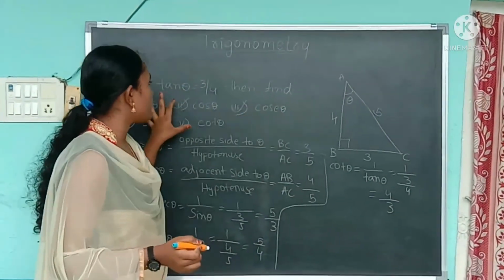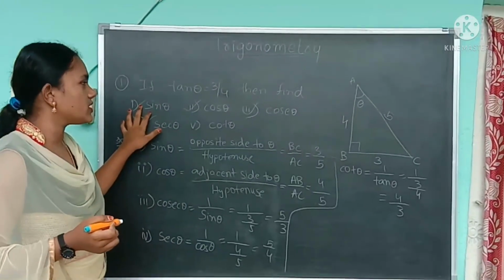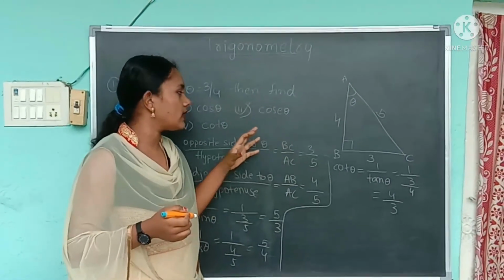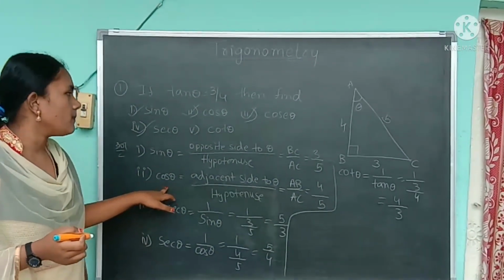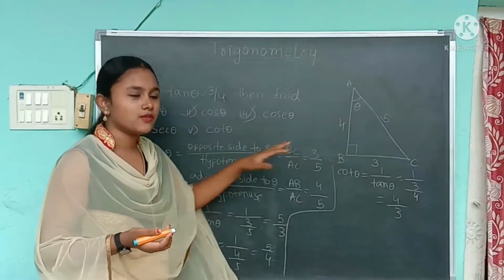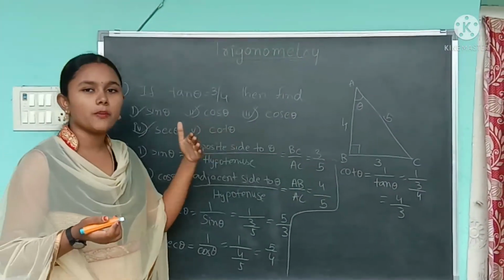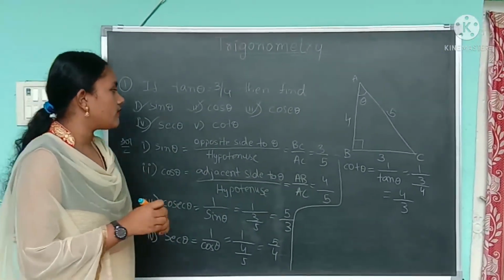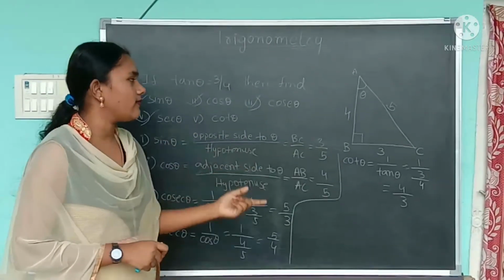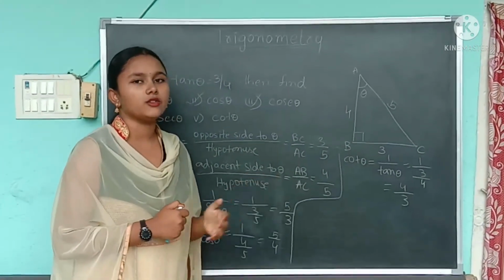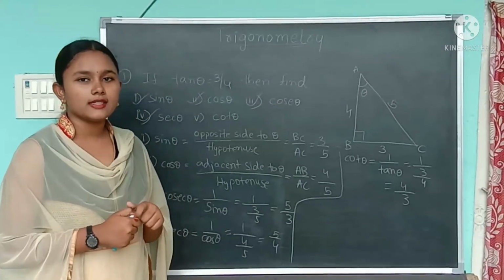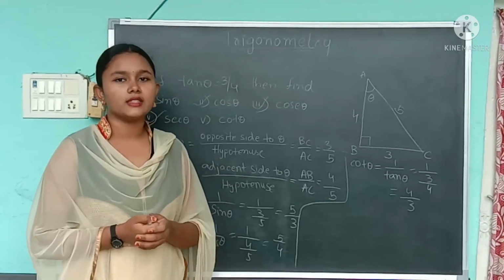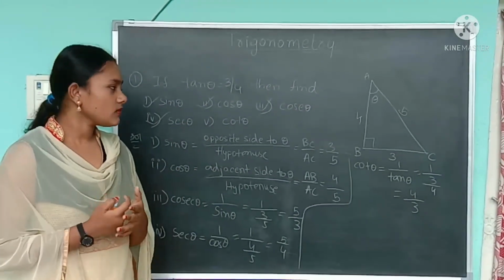If this type of question is asked in an exam, please draw this diagram. It will be easier to find sin theta and cos theta using this diagram. So please first draw a diagram before answering the question. We know that tan theta is equal to 3 by 4, but we do not know the hypotenuse, so we used the Pythagoras theorem, which says the hypotenuse square is equal to the sum of squares of the other two sides. Like this we solved many questions.